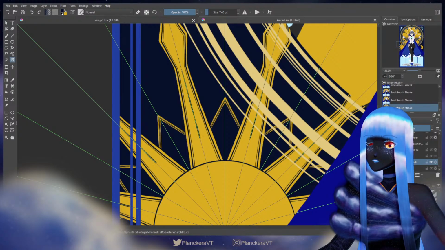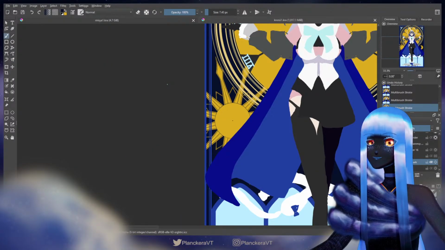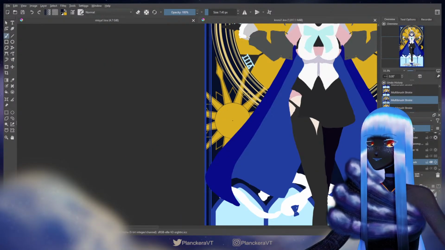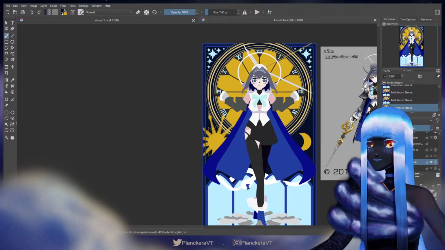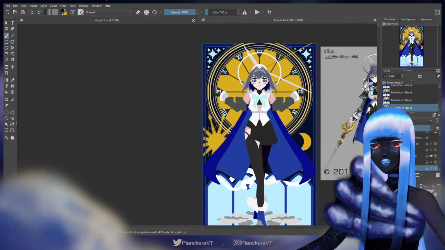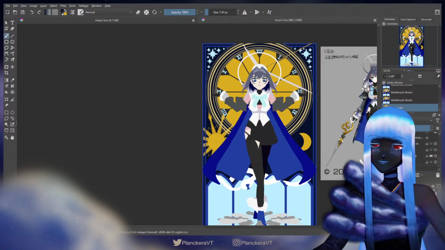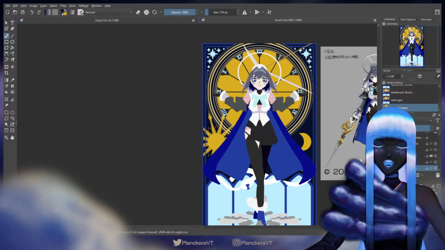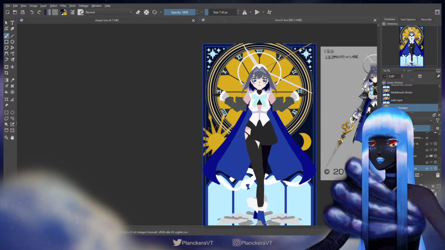It's so hard to draw a line right on that because you can't see what you're doing. But yeah, it'll be something like that. And then I want some stuff in the sun itself, but I don't know what yet. Alright. I guess since I don't quite know what to do, and I still want to draw a little bit more, I'll draw some moon decorations. Just because I gotta do it eventually. And why not now?